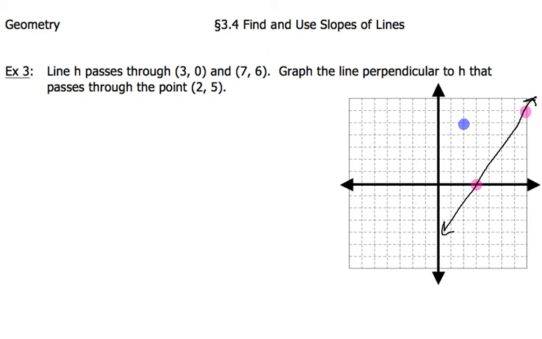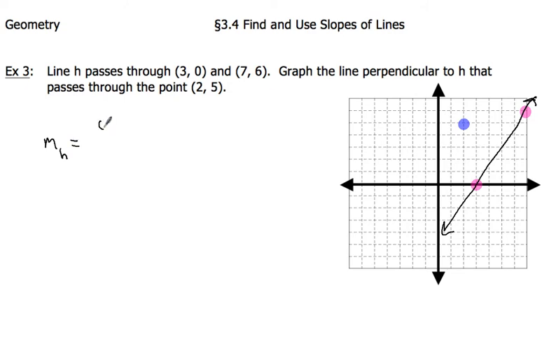Now, one of the things that we want to remember is that slopes that are perpendicular to a given line are going to have negative reciprocals. So the first thing I need to do is actually find the slope of the line I'm given. So I've got my 2 points here, 7, 6, and 3, 0. So I'm going to calculate that slope. Line H passes through those, so I'm going to have the slope of line H,